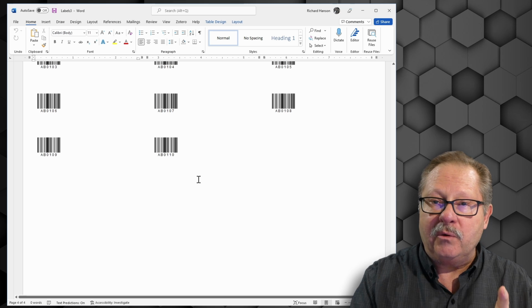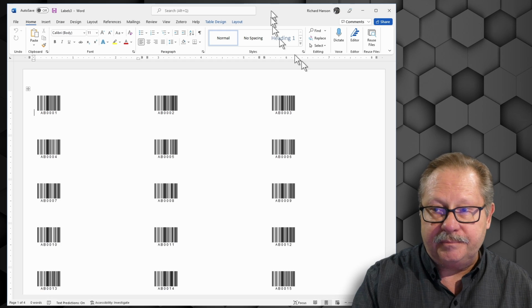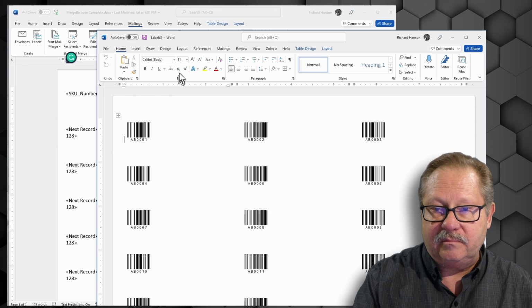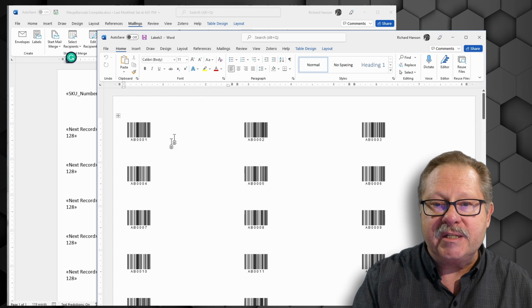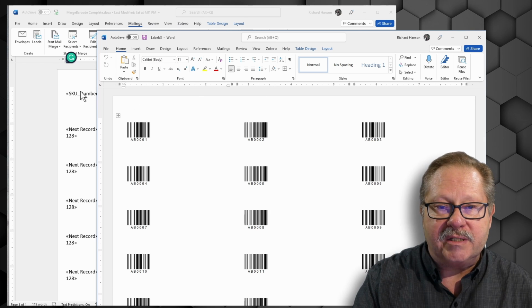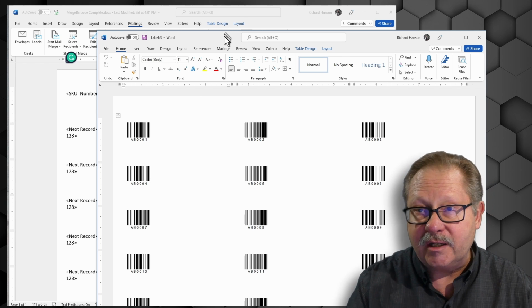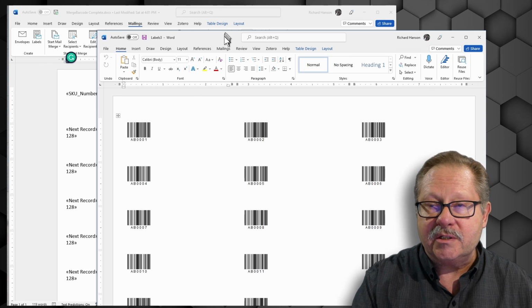Good. Now, if I were to save it in this window, in my extra window here that opens up when I want to preview it, I will be saving just this. I won't be saving these. So I would probably want to save both documents so that I could reuse this, so that I can make more